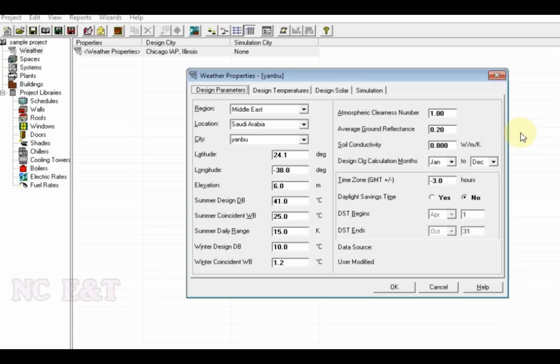You only need to fill the basic values showing the location of your city, of your area, and the outside design condition that you can get easily from your local authority, and you can follow this software to make the heat load calculation for your city.